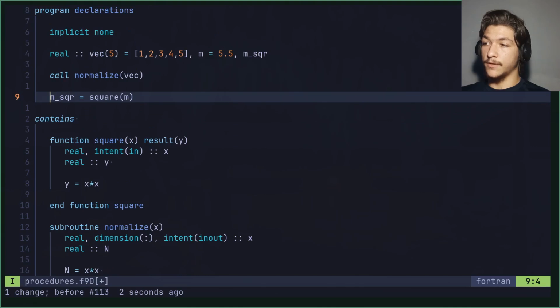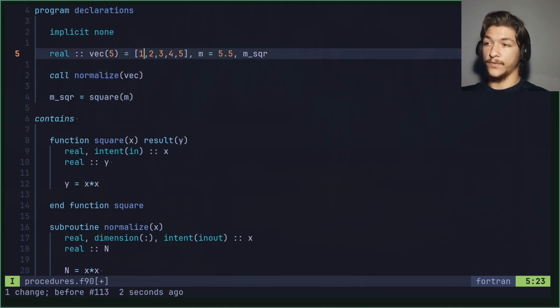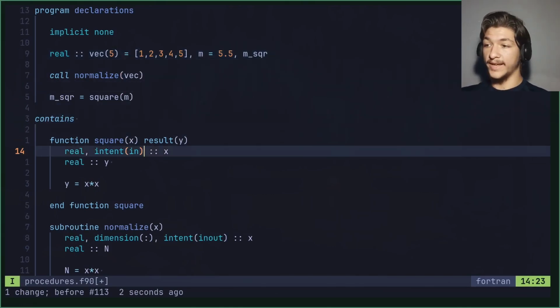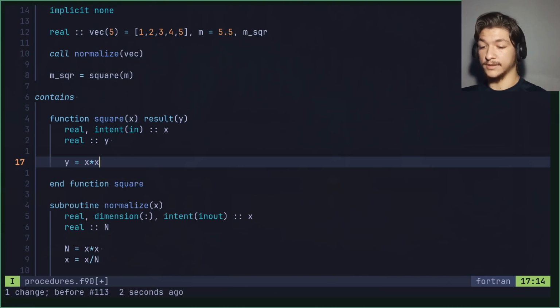And in this case, then m_square is equal to the function square evaluated at the value of m. Now that we have seen how to call these functions, how to define the subroutines and the procedures, let's talk a little bit about scope. These variables, vec, m, and square, are global variables, so we can use them throughout the entire program, including in the contains section. So we can actually use, say here, x times m, and this would be very well defined,